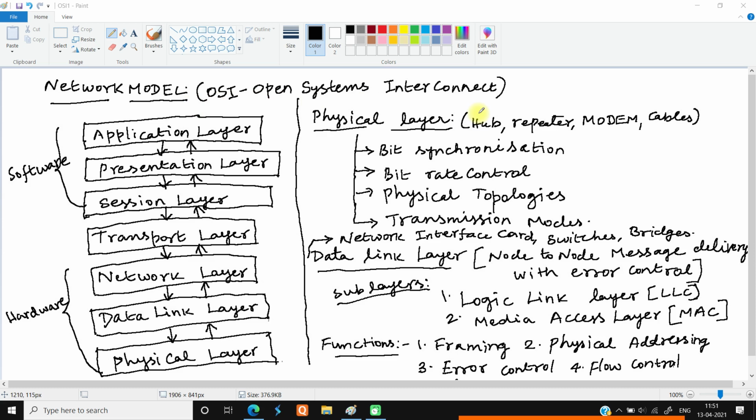This model is used in all the protocols that were proposed and designed and are used in day-to-day life. The network model consists of 7 layers: application layer, presentation layer, session layer, transport layer, network layer, data link layer, and the physical layer.